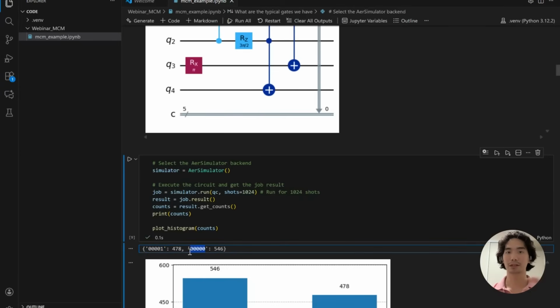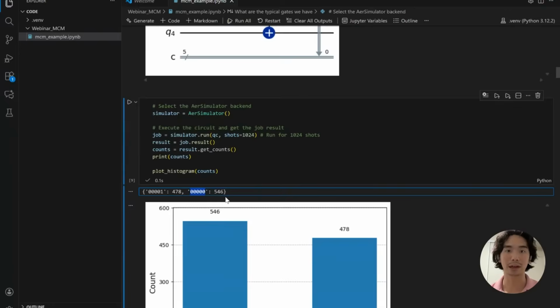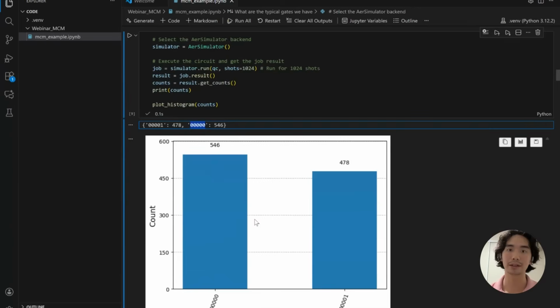Note that in this configuration, the convention is that the first qubit, or qubit 0 in this case, is at the end of the qubit bit string. And this is about 50-50, right? And you can see that via the histogram, that is about right. In this particular case, it is meant to be 50-50, but